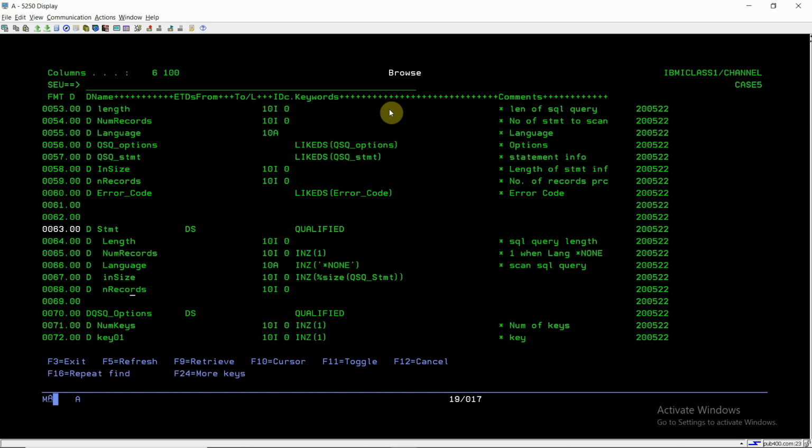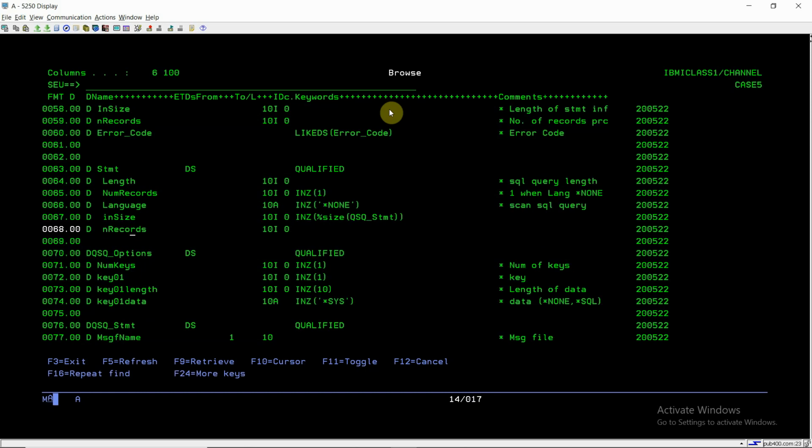Now what is left are QSQ_OPTIONS, QSQ_STATEMENT, and error code. The options will have these subfields: number of keys, key, length of data, and key data. The data can have the possible values *NONE, *SQL, *SYSTEM. If you are not sure which syntax you are using, *SYSTEM or *SQL, then we can specify *NONE here.